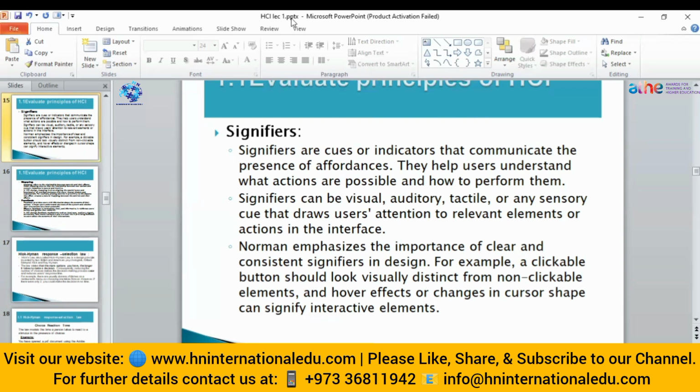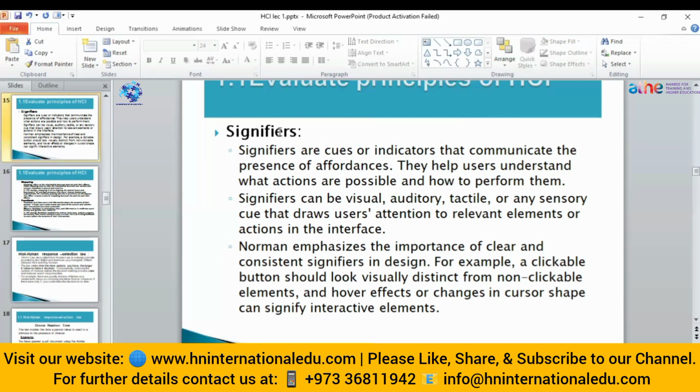Here, if I hover over anything, the background color will change. A hover effect means whenever you place the pointer on anything, its background will change. It helps the user understand that this is clickable, and something that is not clickable, its background will not change. So that is the theory of signifiers.